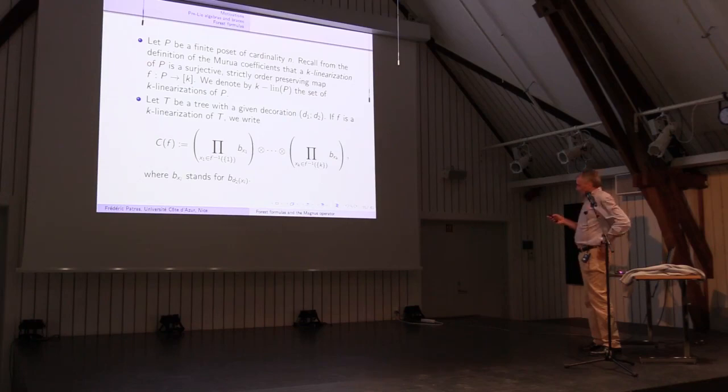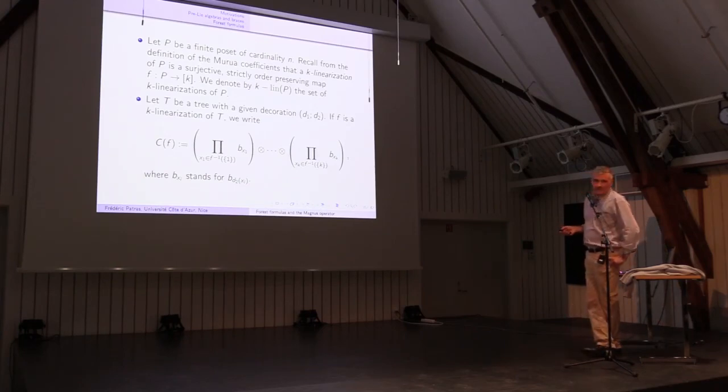And now I'm able to come back to Murua coefficients. If you remember the definition I gave earlier, if I have a tree, or more generally a finite poset of a given cardinality, I can look at its linearization. So a surjective map to sets of